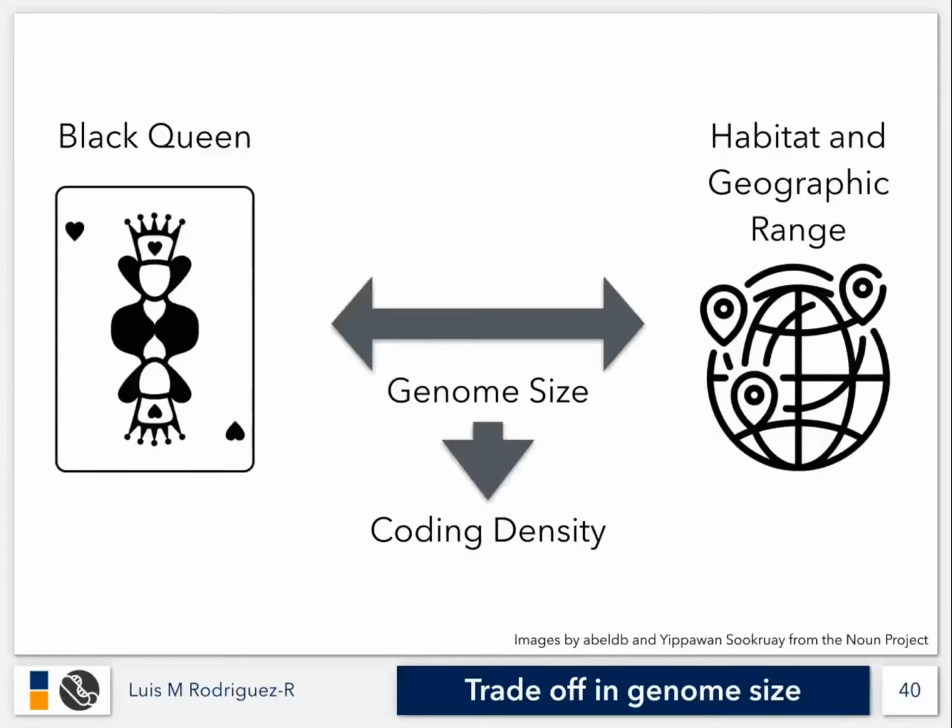So one is pulling to have more genes, the other is pulling to have smaller genomes. And at the end, what you end up with is selecting for higher coding density, meaning that regardless of whether you have a small backpack or a large luggage, the most important thing is that you actually organize it well and pack in a way that maximizes the space in that backpack.